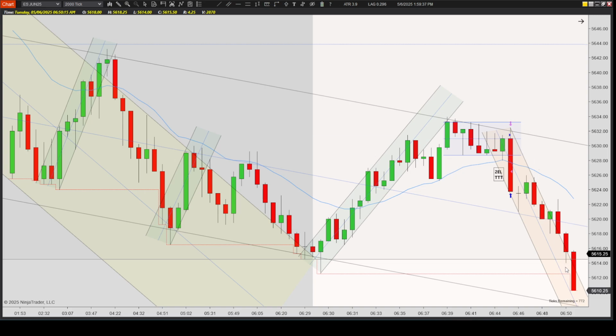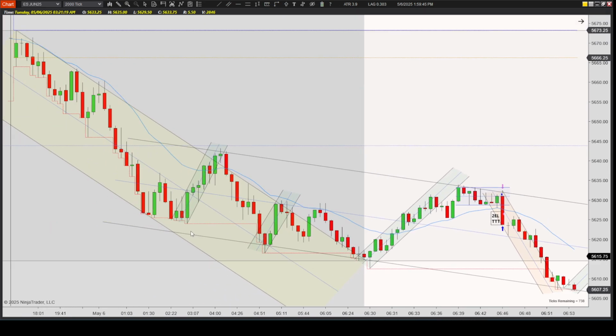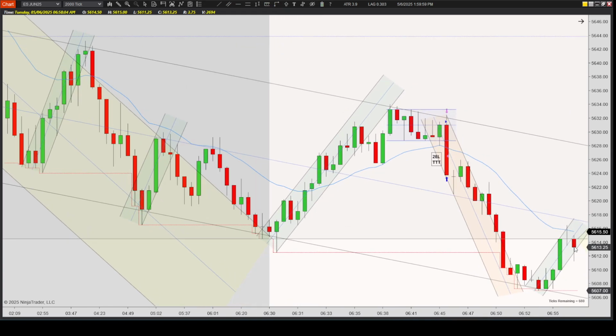Price then continued pushing down on this orange down channel, breaks, tests the low, makes a new low of day, continues down. I'm thinking the down channel has played out. At this point, I join this trend line, touch one, touch two, touch three. I tweaked it just slightly, and I also had a touch on the high side. So it looks like I'm pushing down on this shallow down channel, pushes up. So I see a first entry short. I'm looking for another rejection off the EMA.